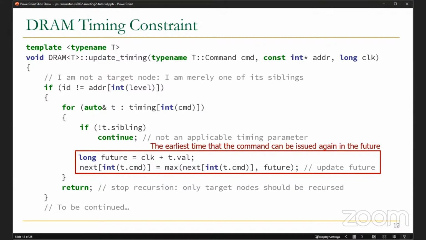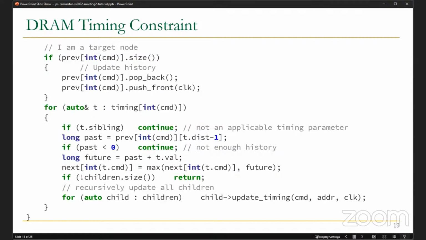Okay, yeah. If it's clear, let's go to the second part of the update timing function. In the second part, we deal with the case where the current node is the actual target node of the DRAM command and the address. So the update for the future